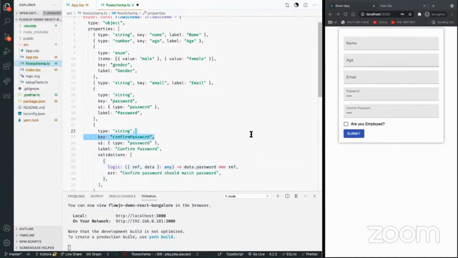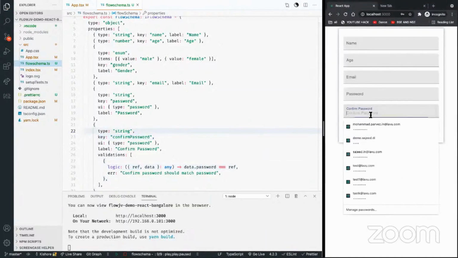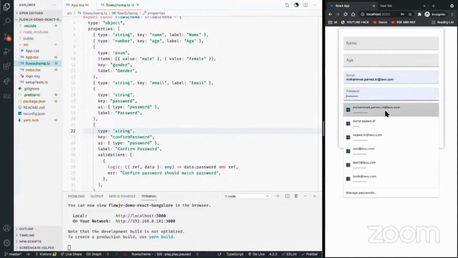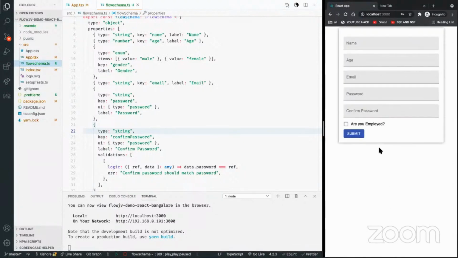So with this defined, now we can see that if I type something different, and because confirm password is not equal to password, it immediately throws me an error. So like let's suppose if I say hello and then hello, unless and until they are equal, it's going to throw an error. And then again, let's suppose I write some password, and if I submit it, it won't submit unless and until I enter confirm password, right? So all the validations happen at the time of submission as well.